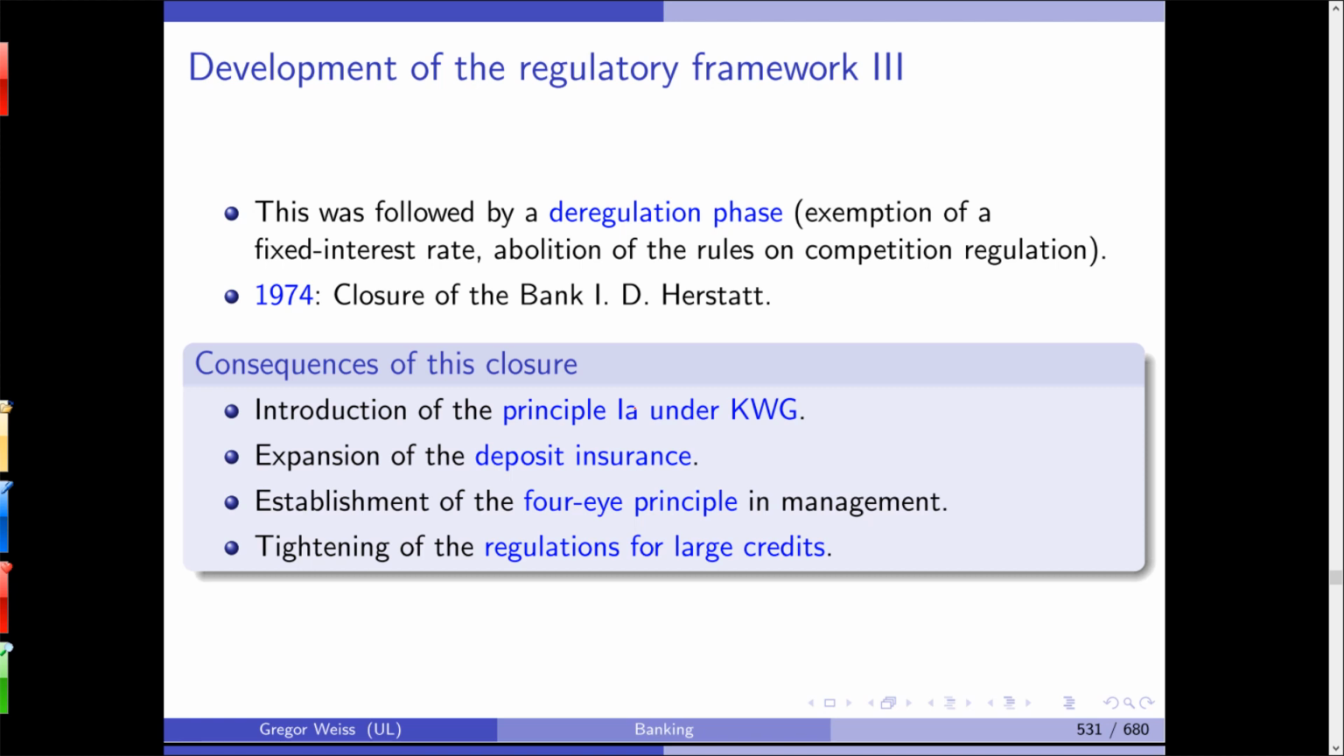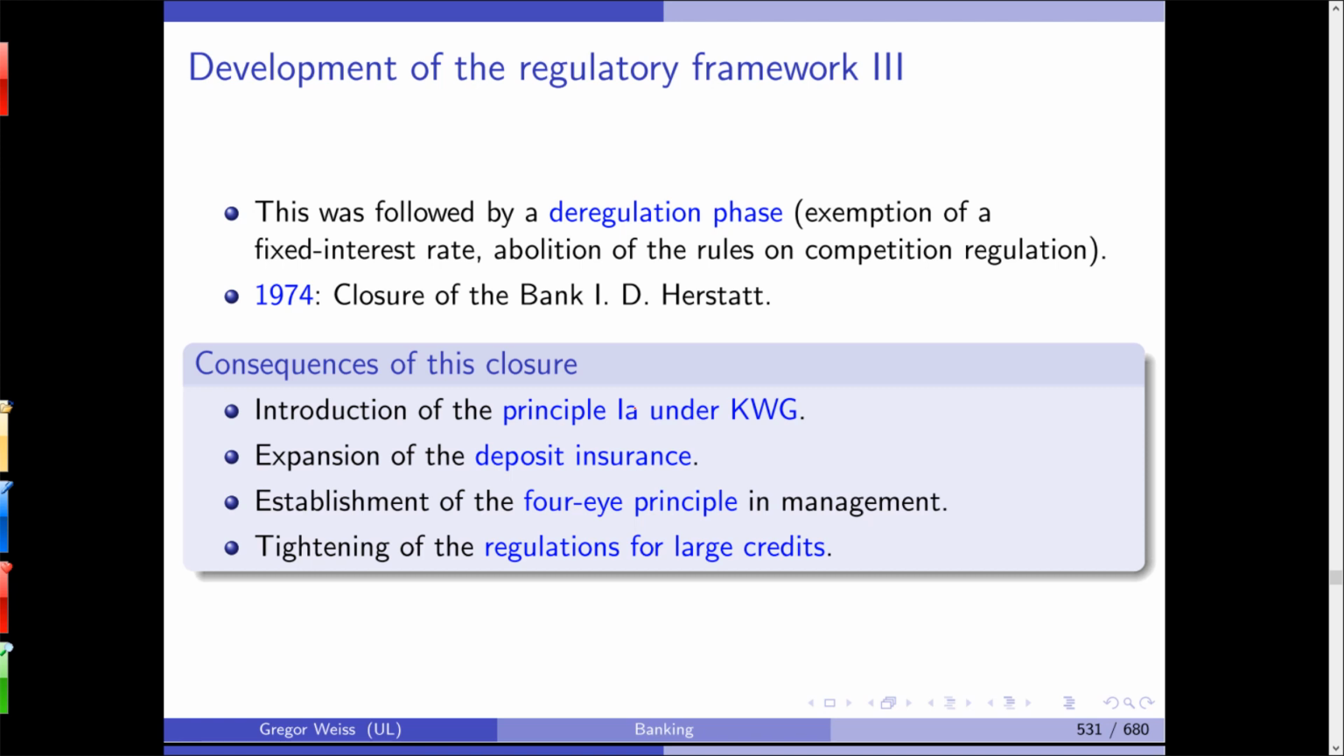Same here. So in 1974, we had to close Bank Herstatt. Nowadays, no one remembers this, but at the time, with the closure of this bank, there was a national crisis. So there was a deregulation phase, especially during the times of stark economic growth after the Second World War. Then in 1974, Bank Herstatt went bankrupt. Consequences, we had